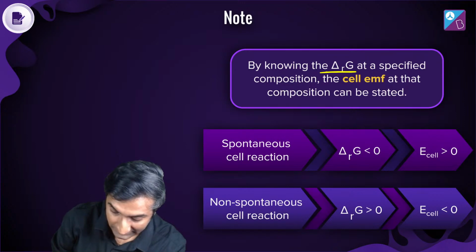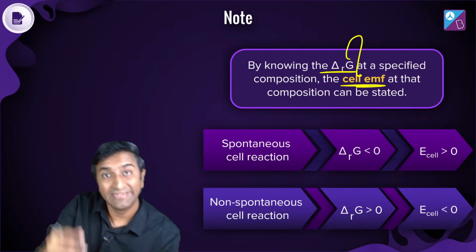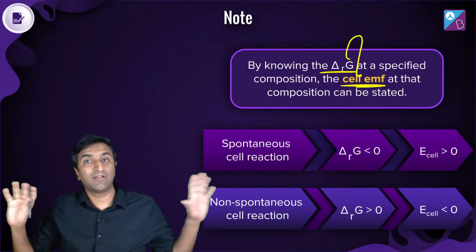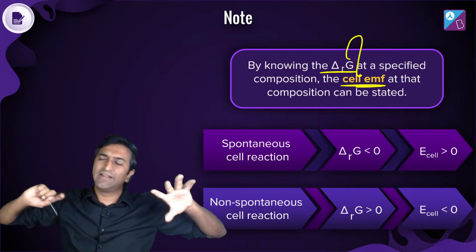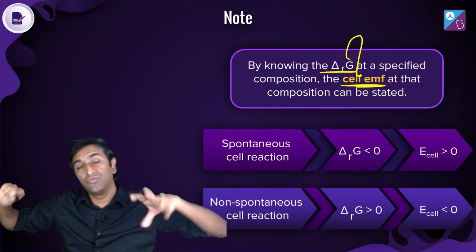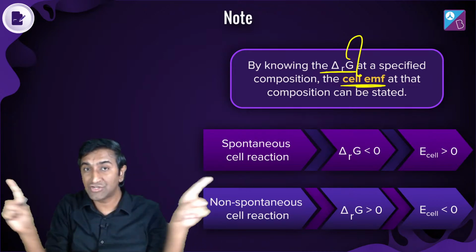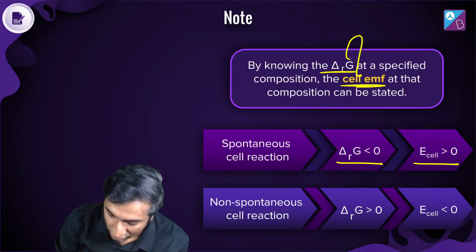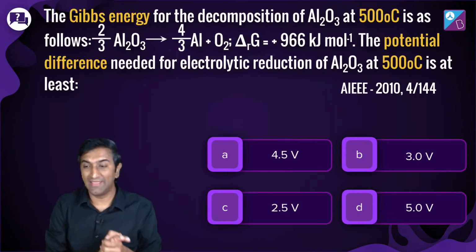हाँ, ठीक है. So now I can talk about this spontaneity in terms of EMF. That is where I'm getting at. So what have we said so far? We have said कि देखो, some redox reactions happen. Now those redox reactions are spontaneous or not spontaneous, we can figure out by delta G. Now that delta G is related to E naught. So now if I talk about E naught, then I can talk about those redox reactions. So I'm trying to relate the reactions with E naught. That's the goal. ठीक है? Spontaneous reaction मतलब E cell is greater than 0. Not spontaneous reaction मतलब E cell is less than 0. As simple as that. चलो करते हैं सवाल.